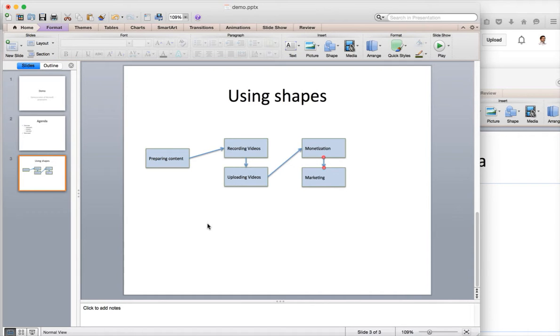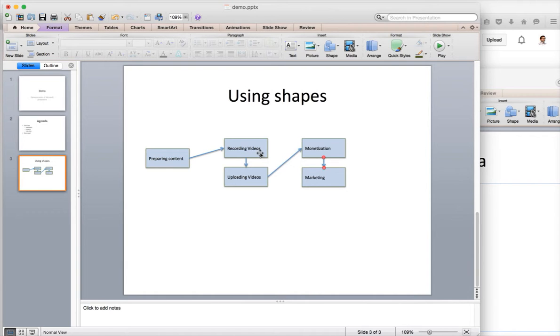Like this you can prepare the content leveraging the shapes, but in some cases you need to add animation so that the shapes are rendered automatically. For example, you bring in the preparing content and explain a little bit about it, and then once you click, the next group comes up,